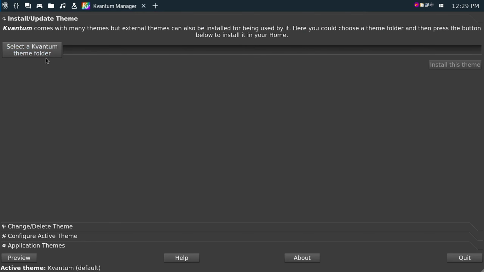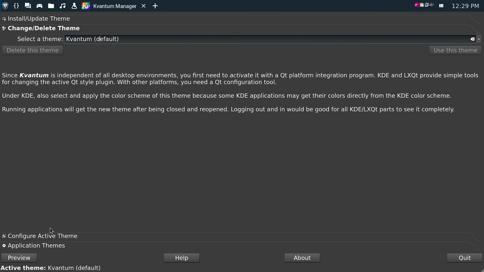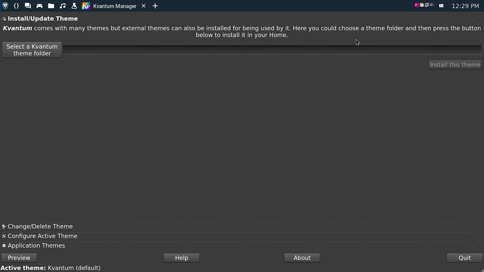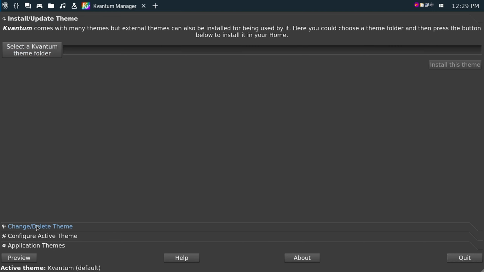If I pronounce it wrongly, please excuse me. I need to set the theme. Go down and save. Let me pick, change. Install, change the theme.